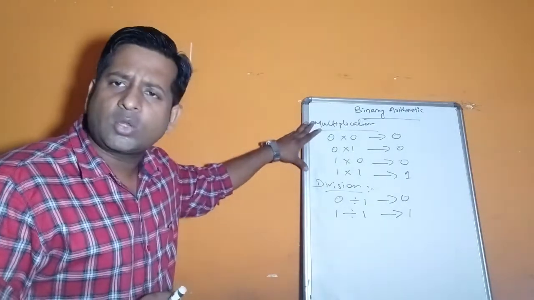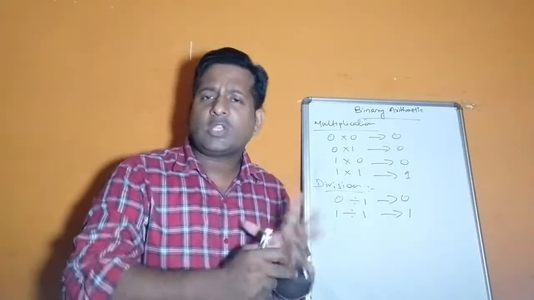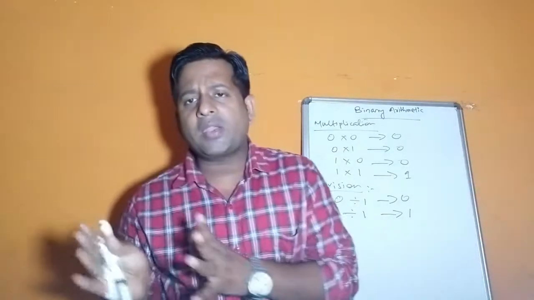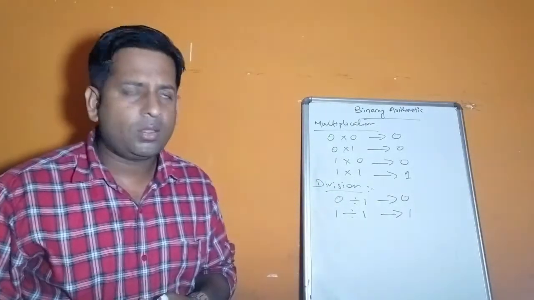These are certain rules which I have given, you need to understand. Okay, so based on this you will also get some homework. You will get 2 binary numbers and you need to either add, subtract, multiply or divide. Okay children.